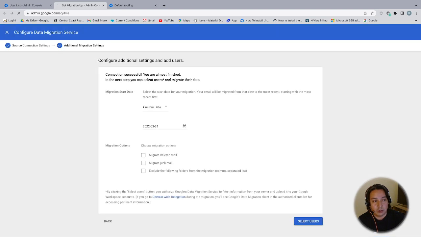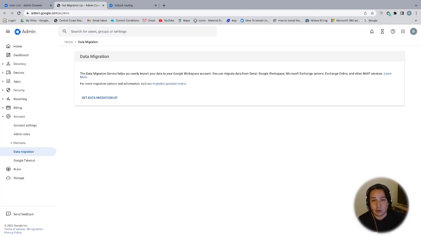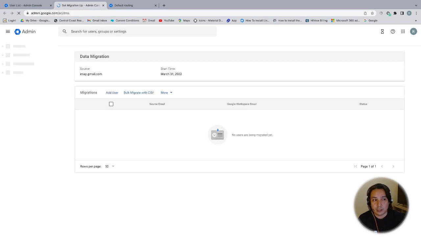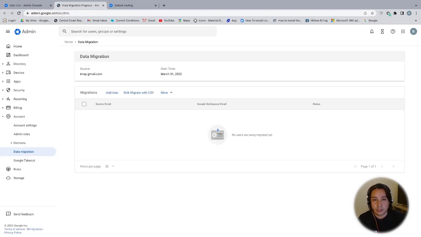Migration options, I forgot. So migrate deleted email and all of those, you can still do that. Although you have to be careful because those messages in trash and spam are actually deleted after 30 days. So you just have to take that into consideration. There's actually a glitch with this, I've noticed. So you have to refresh it, and that should just load the next page, which is the data migration